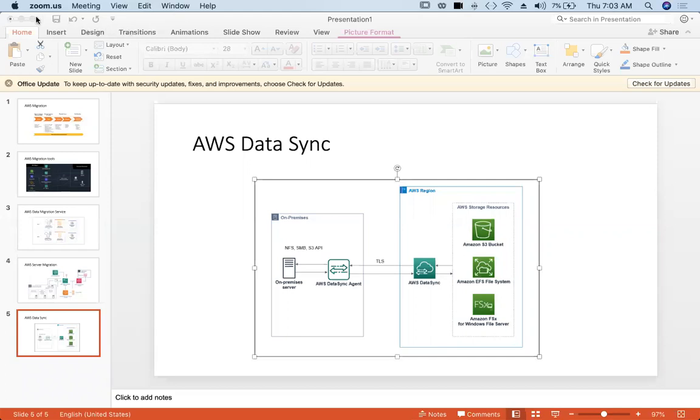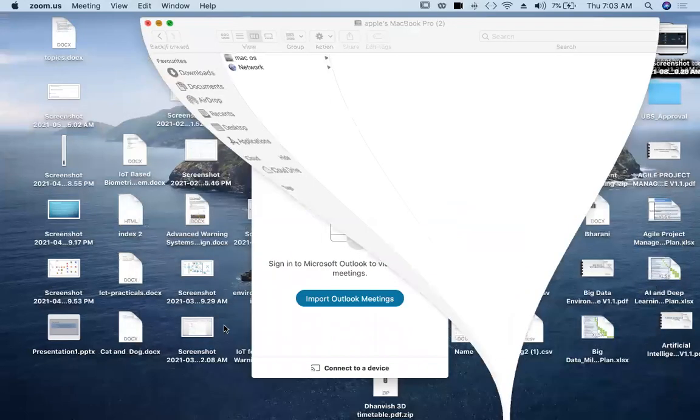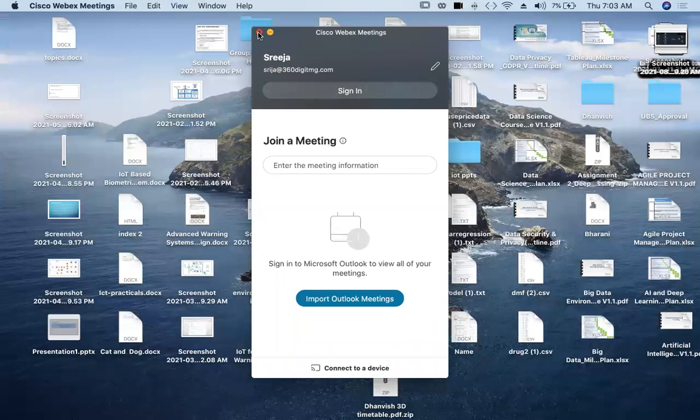In the last class, we have been talking about the Kinesis and Lambda services, right? These two services.